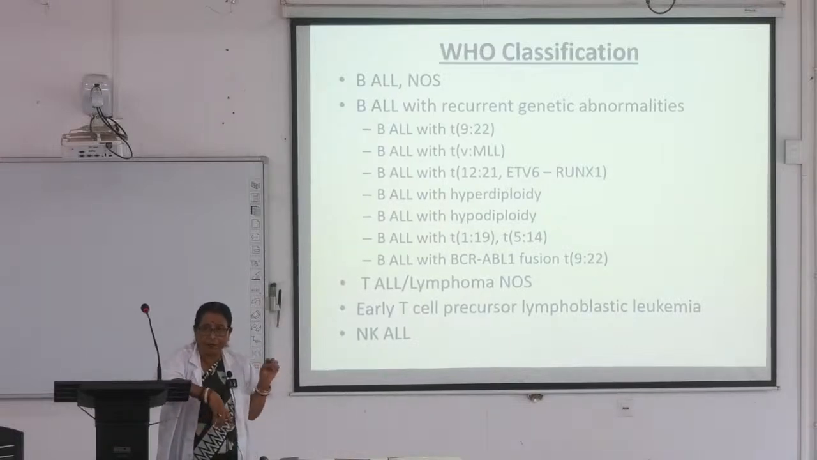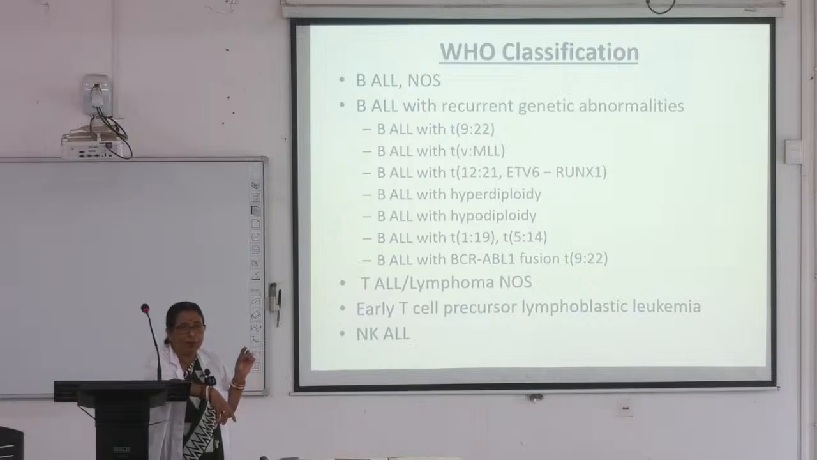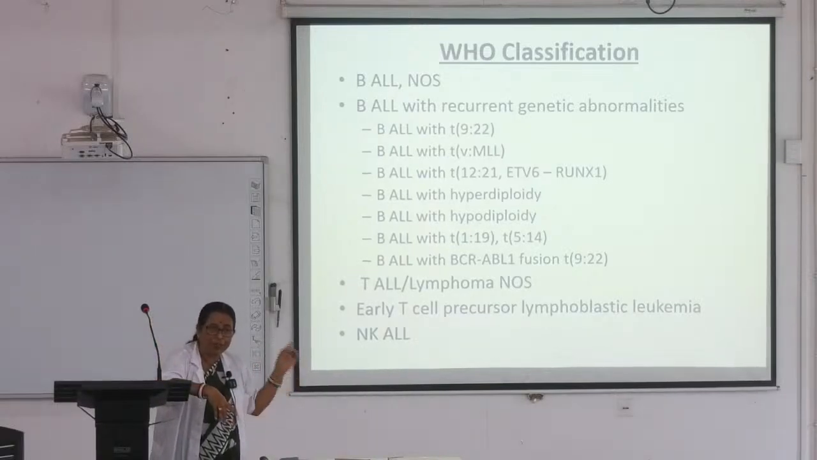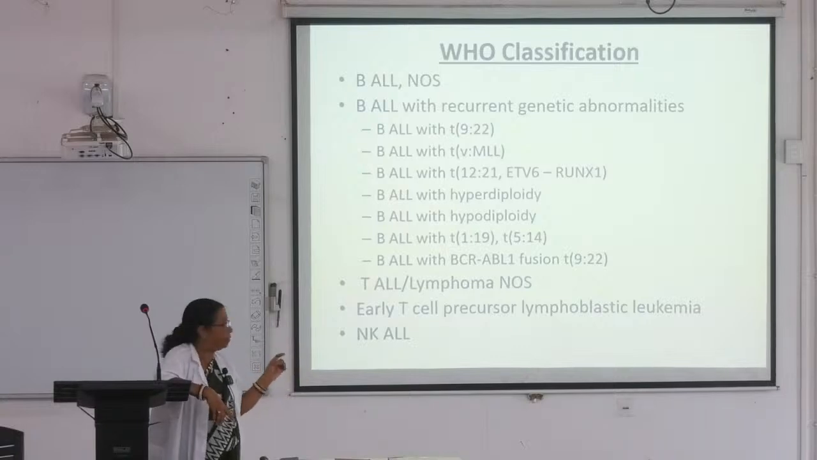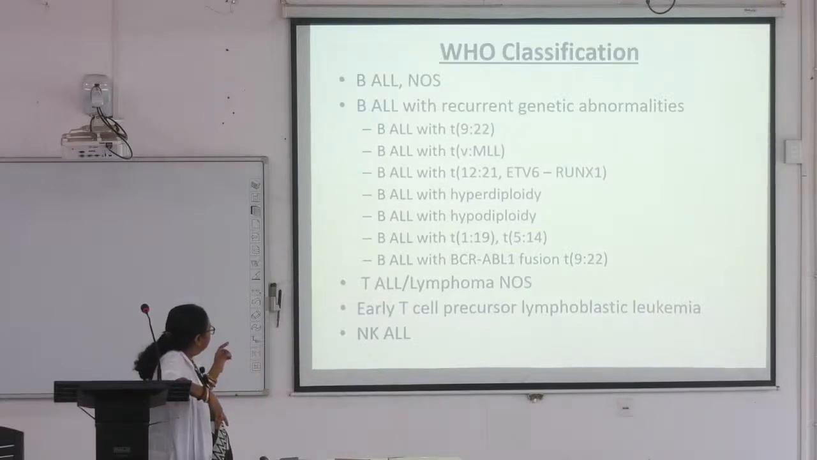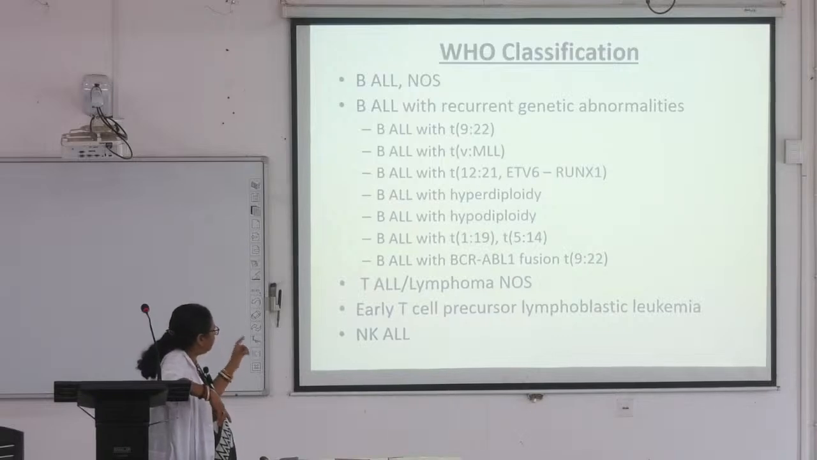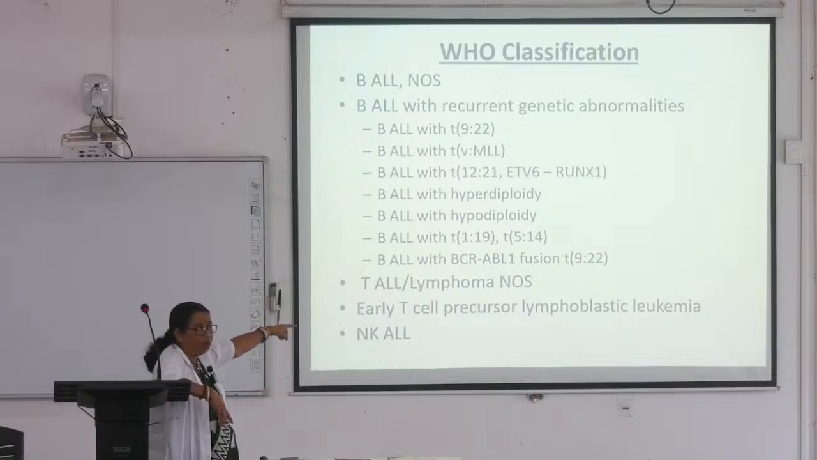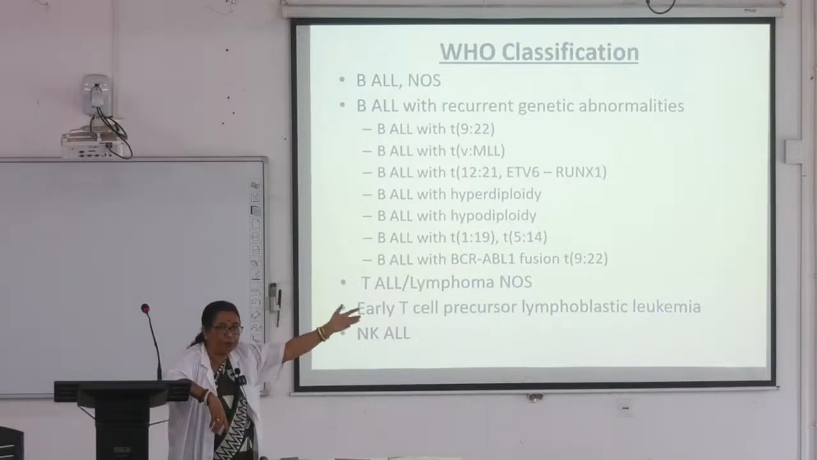If there is hyperdiploidy, chromosome number instead of 46, if it is 50 or more than 50, prognosis is good. If it is hypodiploidy, number of chromosome is less, it is bad. Then B-ALL with t(1;19), translocation 1;19, translocation 5;14. B acute leukemia with BCR-ABL1 fusion, like ওখানে ফিউশন, এখানে ফিউশন, দেখতে লাগছে এটা অন্যরকম অ্যাম্বিগুয়াস হতে পারে।